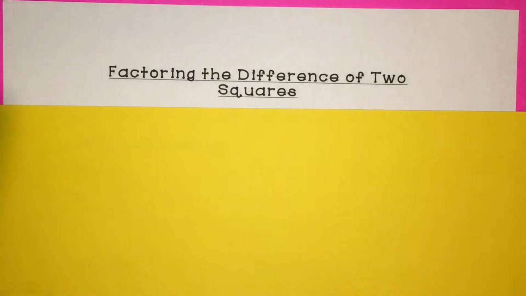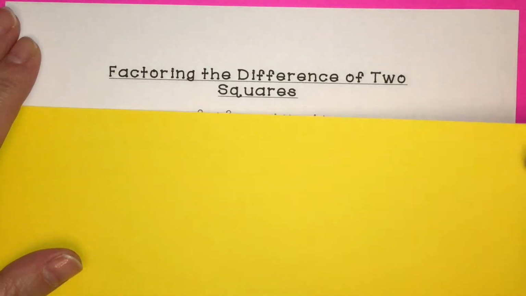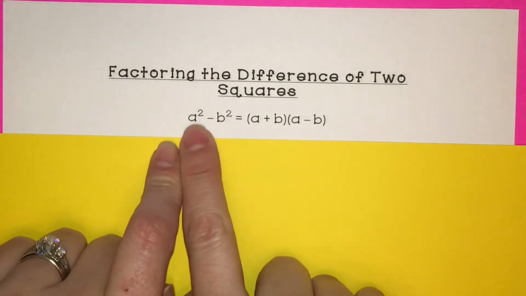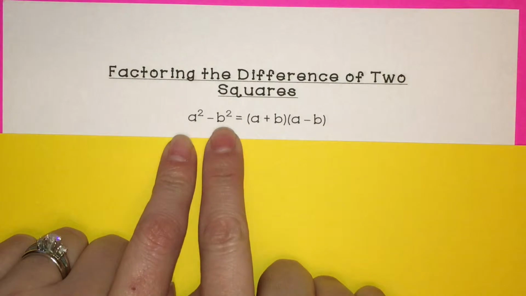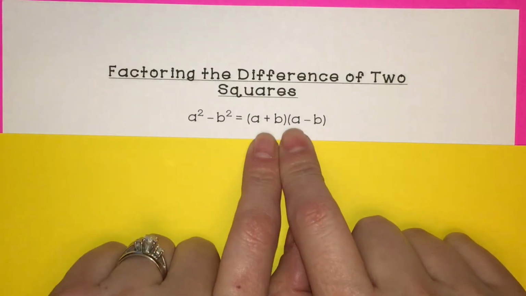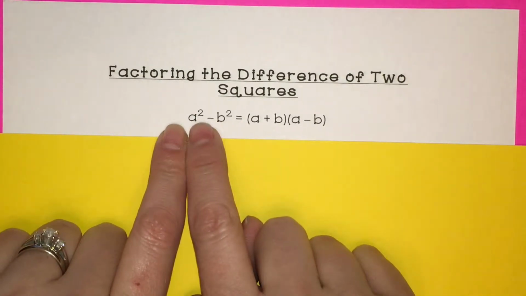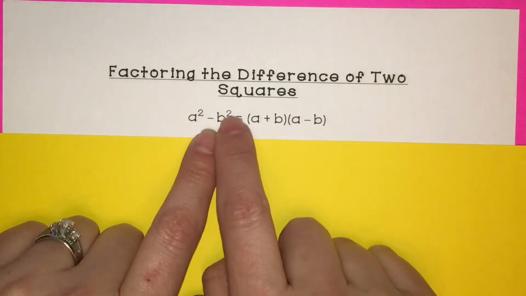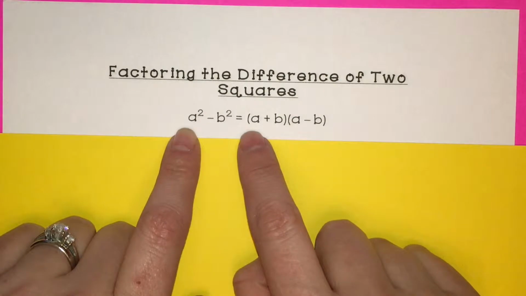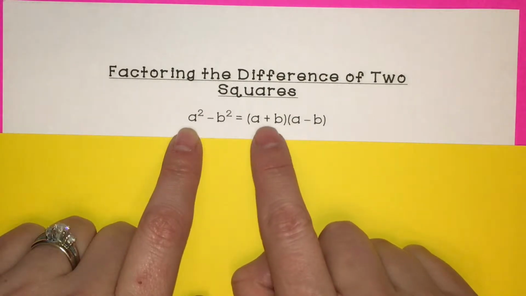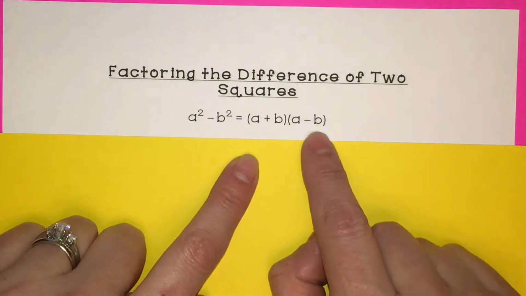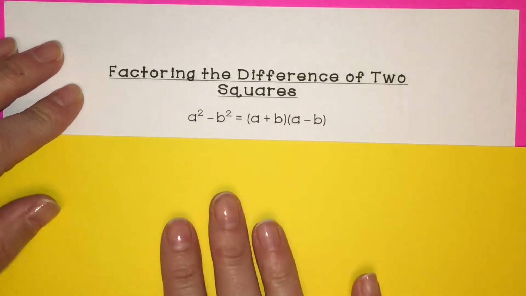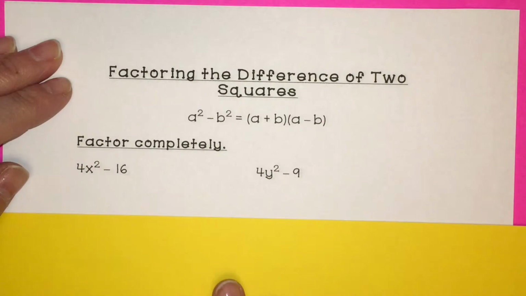In this video, we're going to factor the difference of two squares. So we're going to be given a polynomial. It'll be some value squared minus another value squared. And this will be equal to, if we find what that first value squared is and we call it a, and that second value squared and call it b, it will be a plus b times a minus b. And I'm going to show you how we can use this property to help us simplify the difference of two